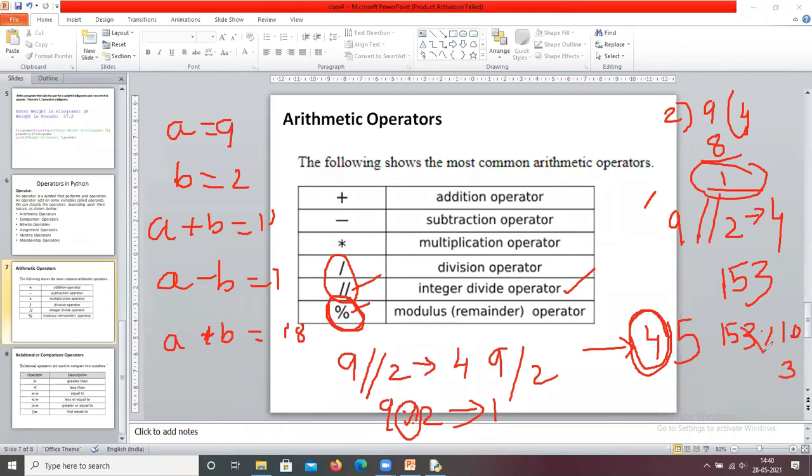Next we eliminate this 3. Next 15 percentage 10, the remainder is 5. Next we eliminate 5. 1 percentage 10, the remainder is 1. Many people are confused by this percentage operator. Percentage returns the remainder, so 153 percentage 10 returns 3. 153 floor division 10 returns 15.